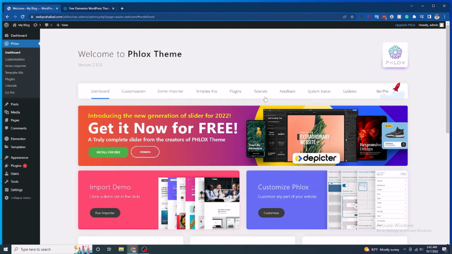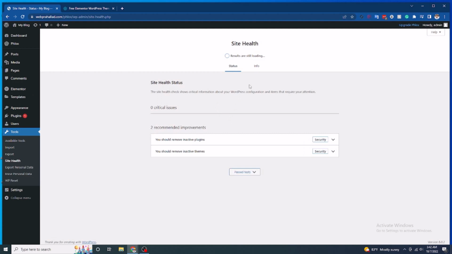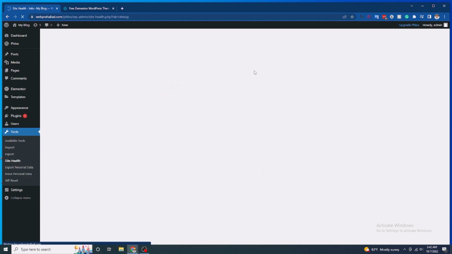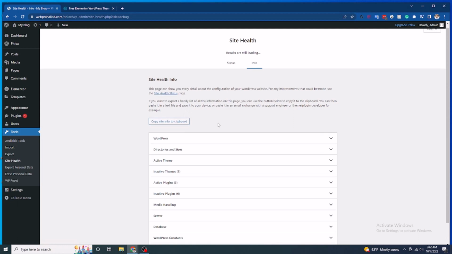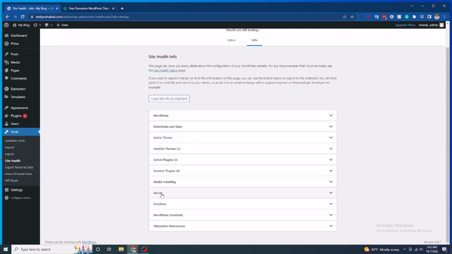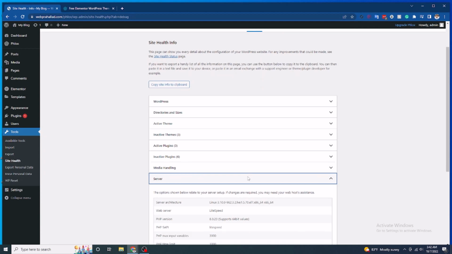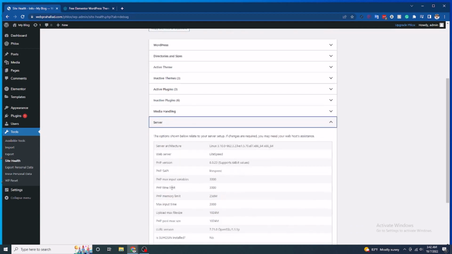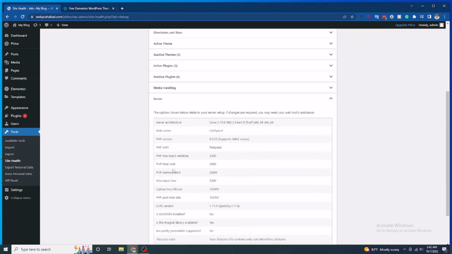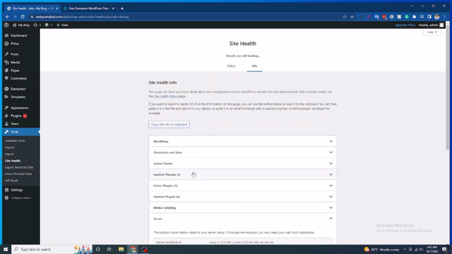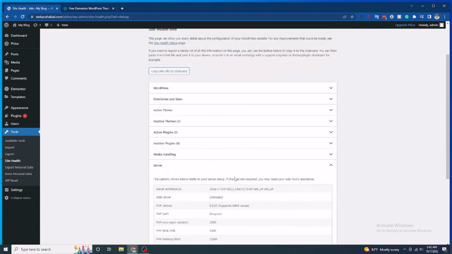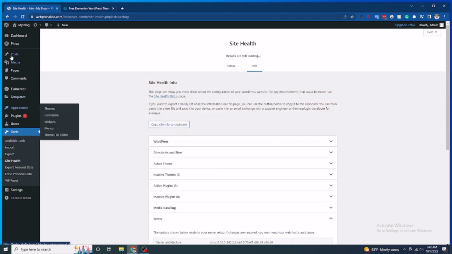Before importing demo data, we have to check our system status. Click on System Status and now click on Info. Now click on the Server tab and here we can see our server status: PHP max input vars, PHP version, memory limit, time limit, all are okay. Now go to our Phlox dashboard,